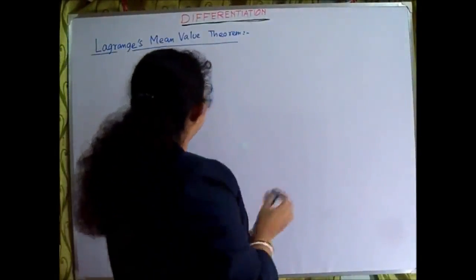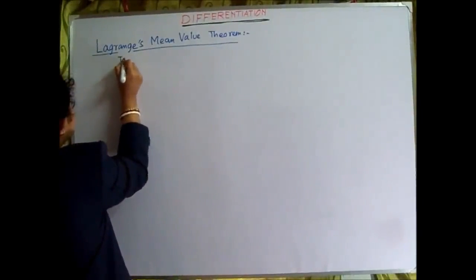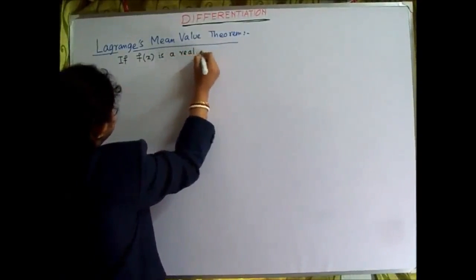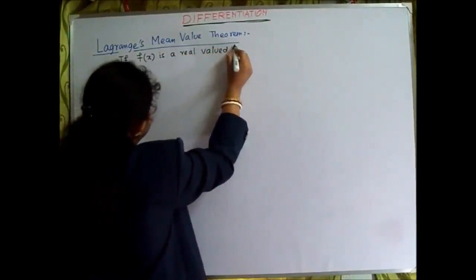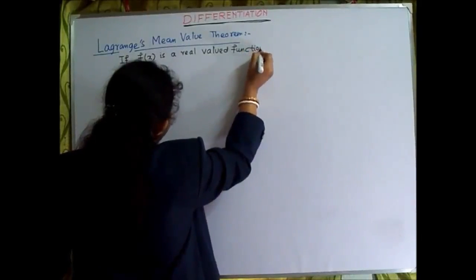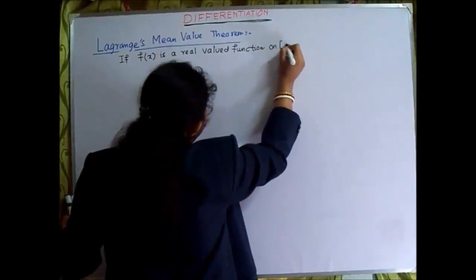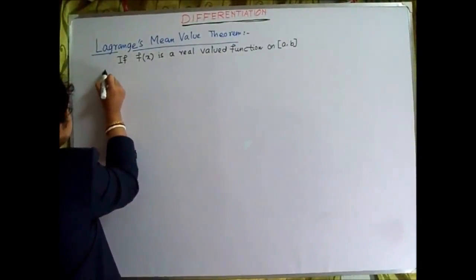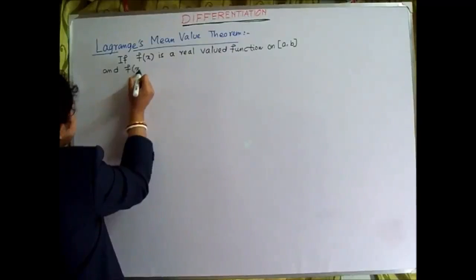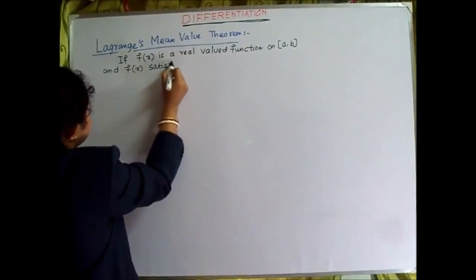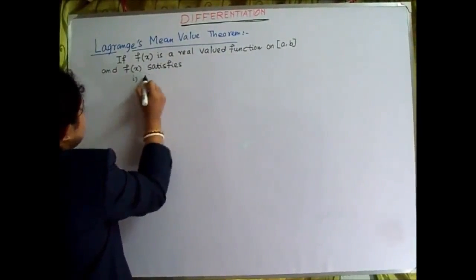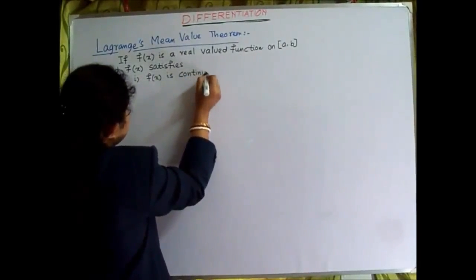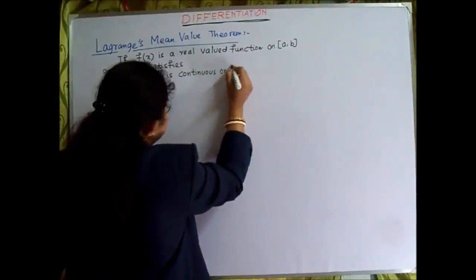Lagrange's mean value theorem states that if f(x) is a real valued function on a closed interval [a, b], and if f(x) satisfies two conditions: number 1, f(x) is continuous on the closed interval [a, b],